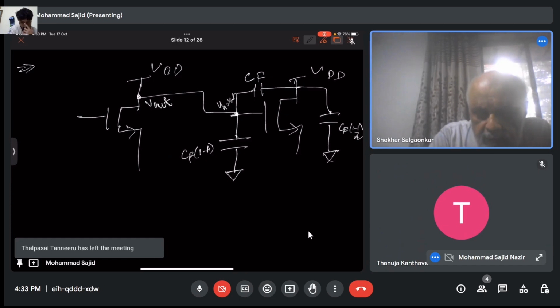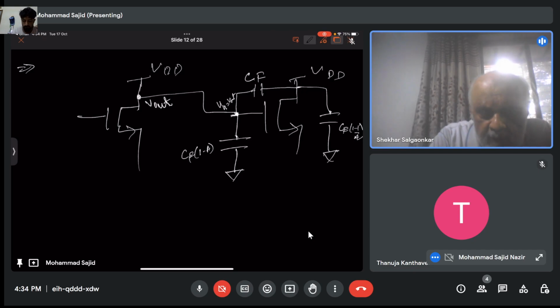Sir, if I want to calculate the output impedance of the circuit, looking from the output side, then what all do I have to consider? That's basically my question, sir. Suppose in your first stage you have gm1 as a transconductor and gm2 as a transconductor in the second stage, and then we have this capacitor. I mean, this capacitor got divided.